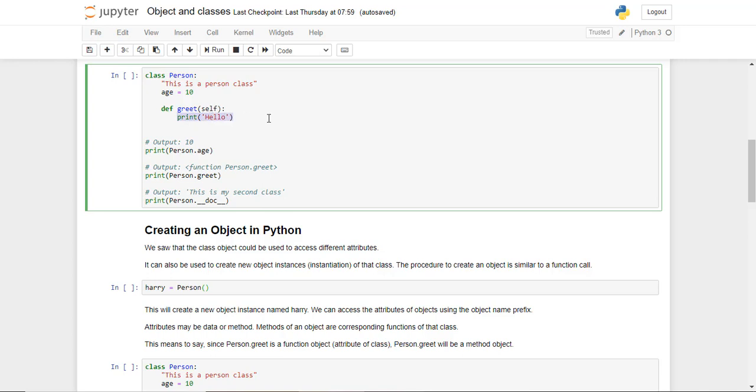Now here's a slight distinction to be made. When you define a function within a class and you access it from outside, then you call it a method, and a method can only belong to or be called by a particular object belonging to that class. So you cannot call the greet function using an object which belongs to a different class. It has to be an object belonging to the Person class. But before we instantiate an object in the class Person, let us just run a few commands here and see.